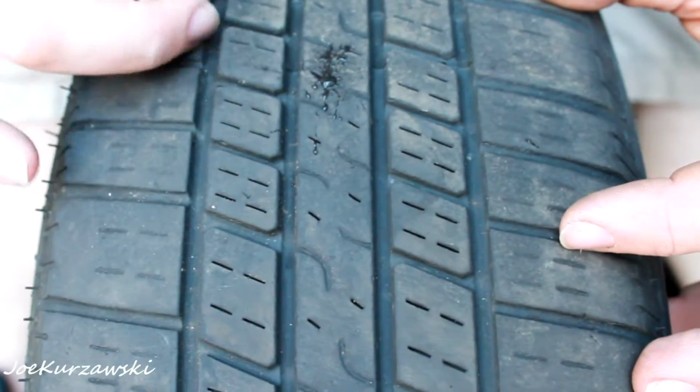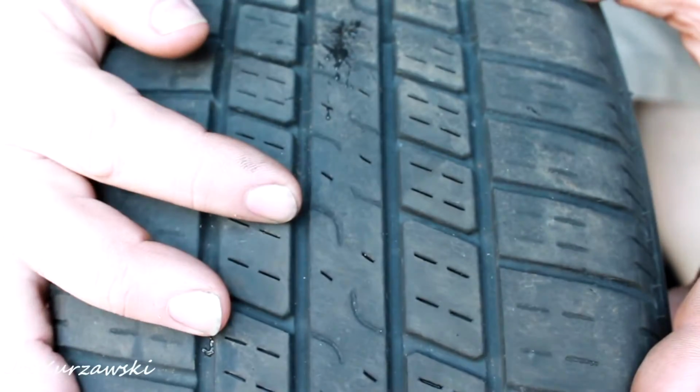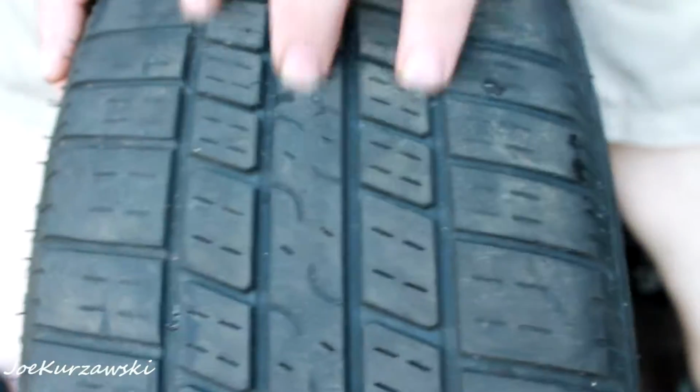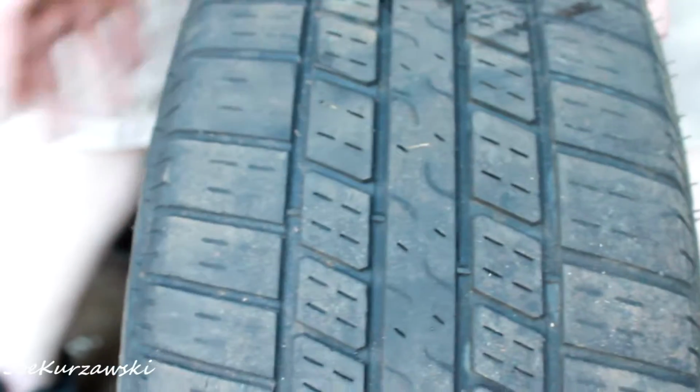And like most all seasons, they're on a lot of cars, and as you can see, they're not directional. They can be reversed. Put it on that way, it's not going to make that difference. You can mount them left, right side. You can rotate them easily, and they're kind of like the best compromise for a budget,